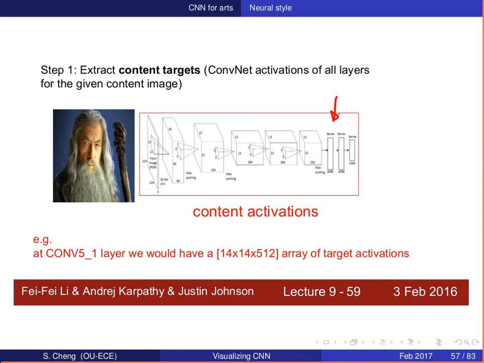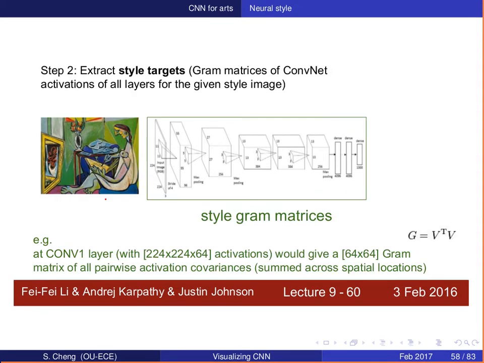So for example, you fix one of these layers here, and you just use the approach we mentioned earlier, backprop, or optimization. Typically you use optimization. Then you have an image closely related to this content. But in terms of the style, the style of the image can actually be thought of simply as